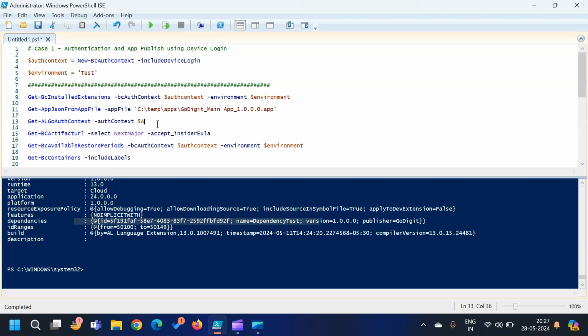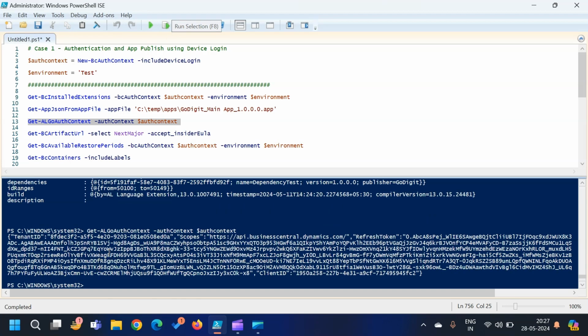And here, if I pass the variable which is auth context, okay, and if I run this up, so here you can see that it is giving me the information of that authentication, because I've authenticated using the device login, so it gives the tenant ID, the scope part, right? This is something, if you are interested, because there are multiple methods of authentication which I have covered in the past videos. So if you are using the device login, it will give you the device login